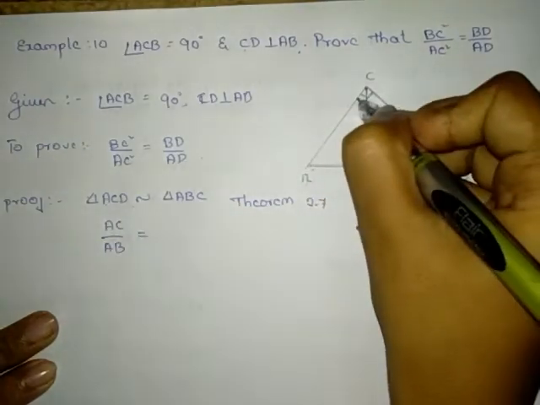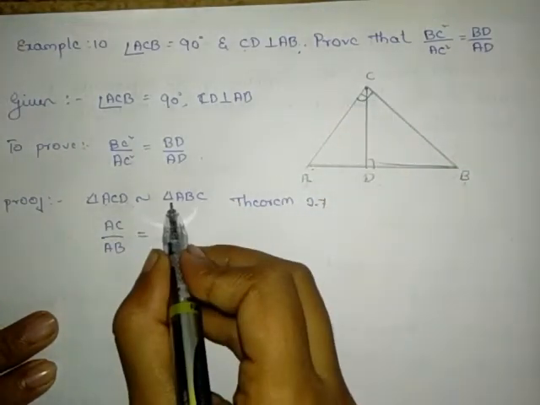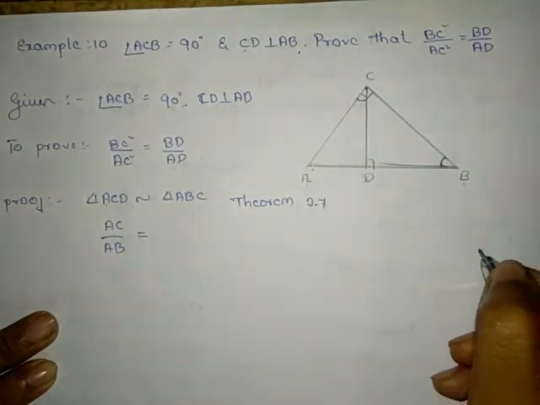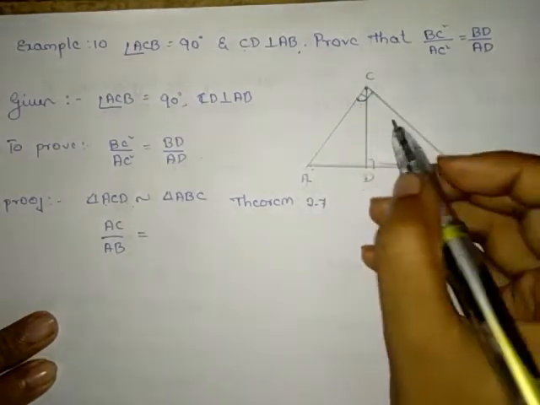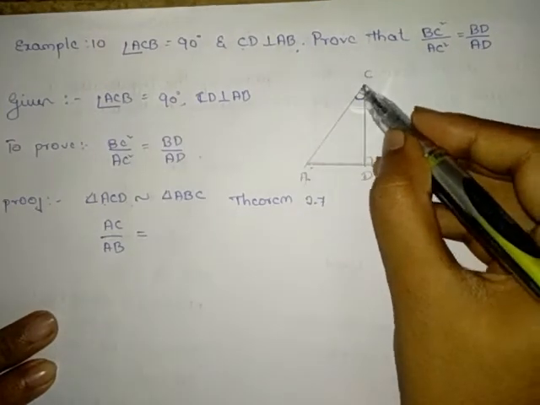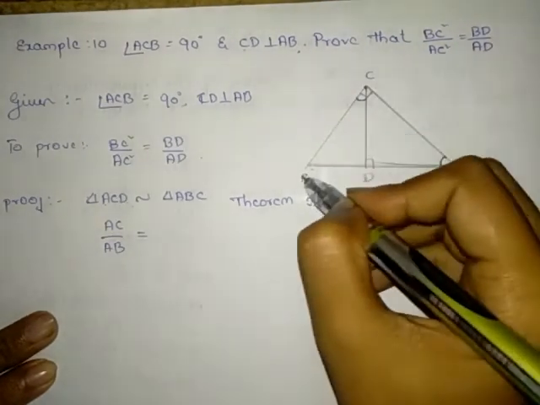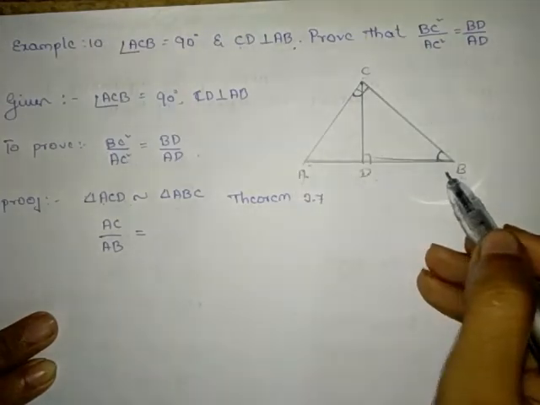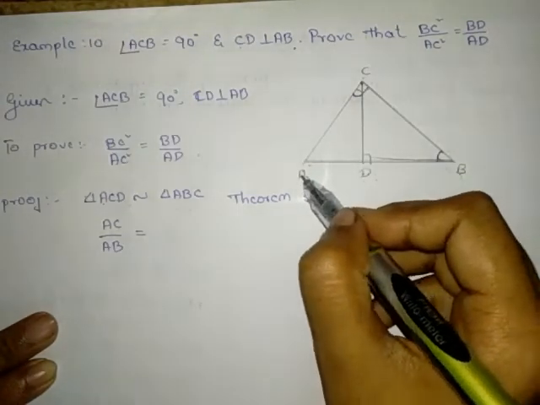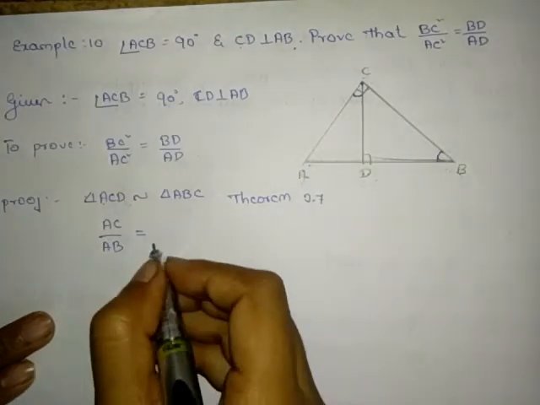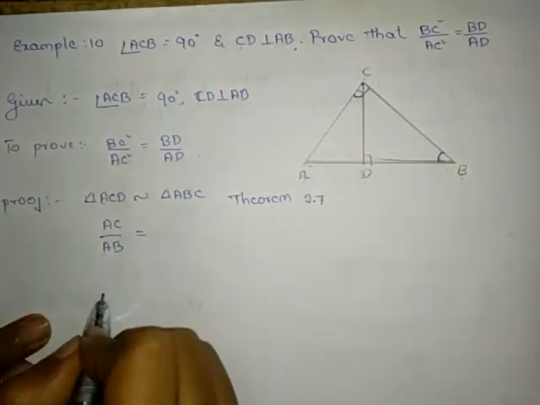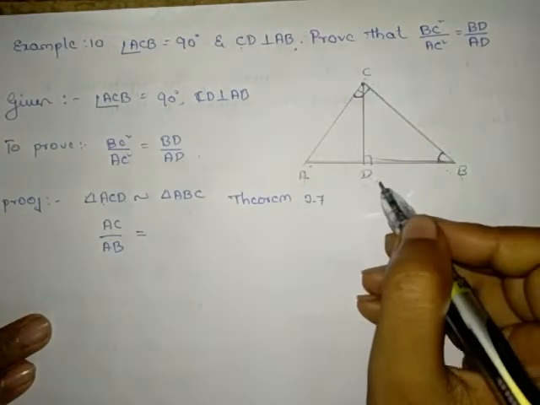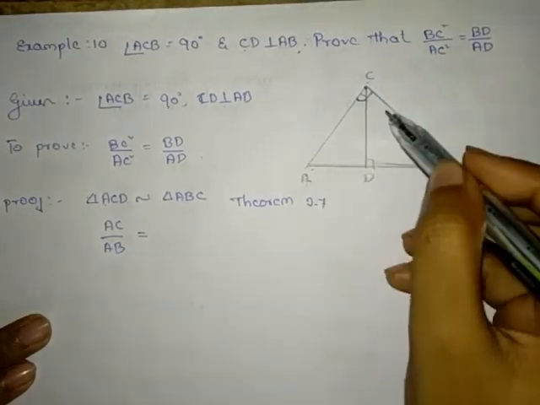In triangle ACD we have taken this angle, and in the other triangle ABC we have taken this angle, right? So we have to write the sides: AC is a side of triangle ACD, and BC is the side of triangle ABC, isn't it? So I have written their sides in the ratio, and one more side we are going to take for the triangle